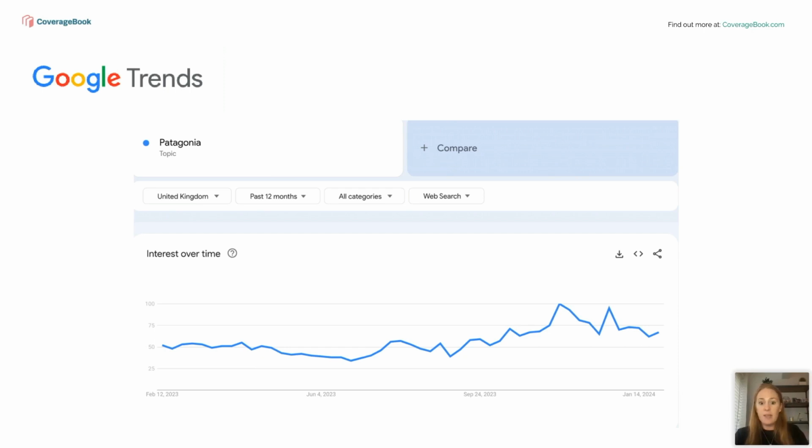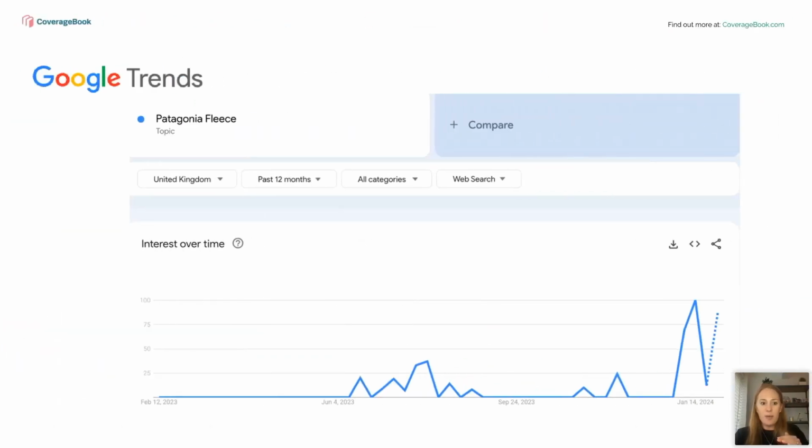But then you could drill down a bit more and look at Patagonia fleece, for instance. And then you can see, actually, if you could overlay that you had some great pieces of coverage landing around here or around here, then you might want to overlay it, and you can really show that you have an impact, that you've put campaigns out there and now people are searching it. We haven't been able to demonstrate sales yet from that,